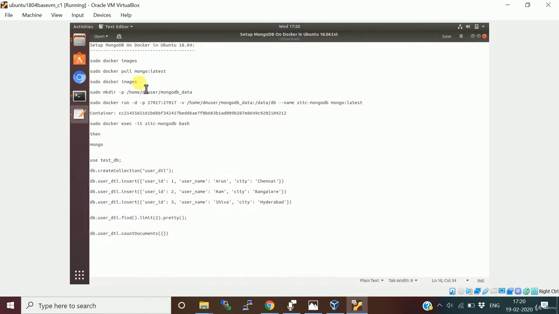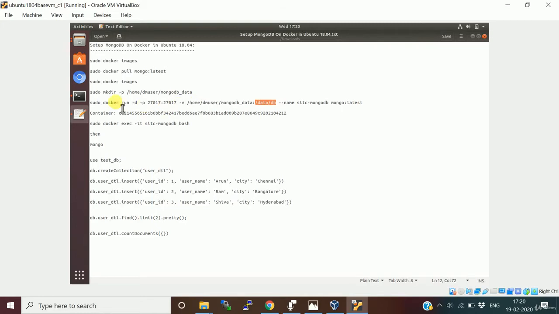Okay, so quickly I'll walk through the next command, which is how to run your Docker image. After downloading, we'll check the Docker image, and we need to create a local path. Basically we need to mount that path to the MongoDB database for the MongoDB data, which is basically data slash db. We need to mount it to our local directory.